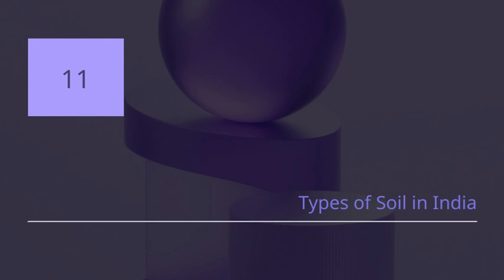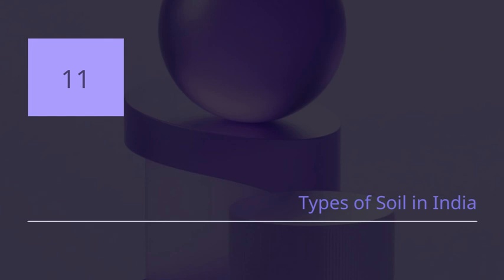distinctive color. Laterite soil develops in tropical regions with high rainfall and is rich in iron and aluminum. Mountain soil, found in the Himalayan region, supports forest growth and some types of agriculture suited to the mountainous terrain. Understanding these soil types helps us grasp how agriculture adapts to different regions across India and how soil management is